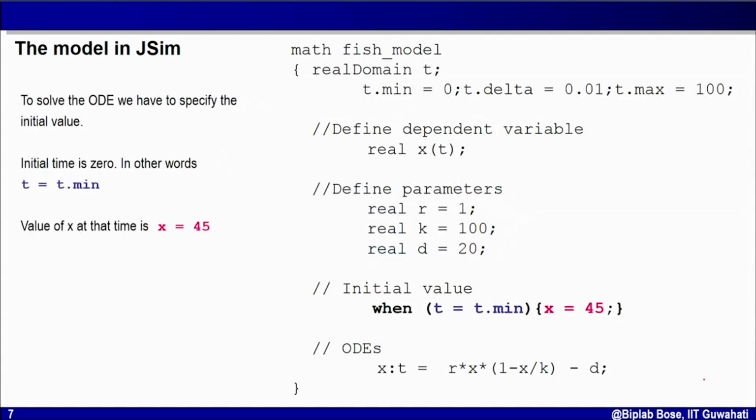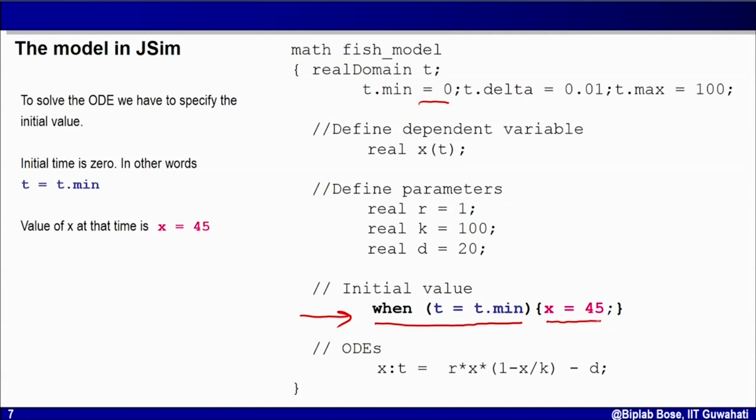Let's look into the other part. If you remember, every ODE solver has to know the initial condition. That is, what is the value of the dependent variable at t equal to 0. How should I tell that information to JSim? That is what is shown here. It is written as when t equal to t min. What is the value of t min? T min is 0. So that means this line of instruction is telling when t equal to 0, the value of x